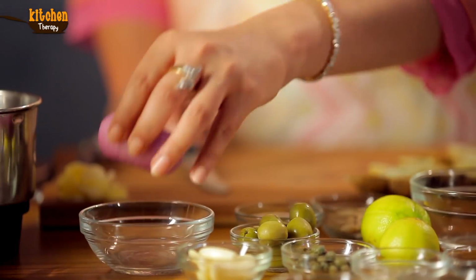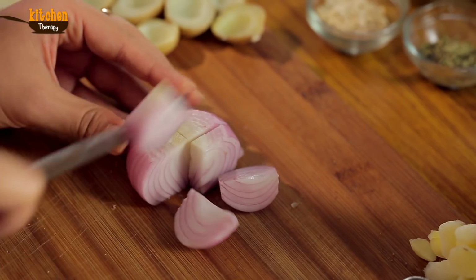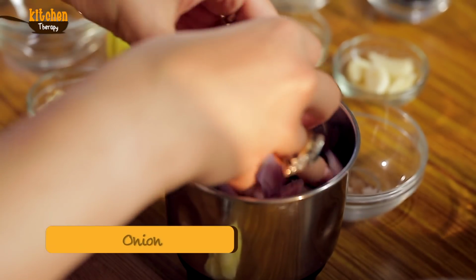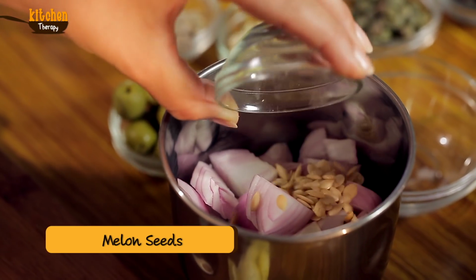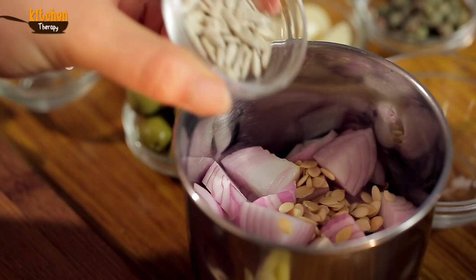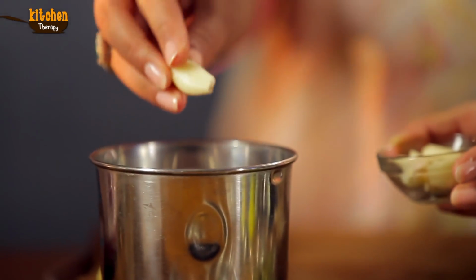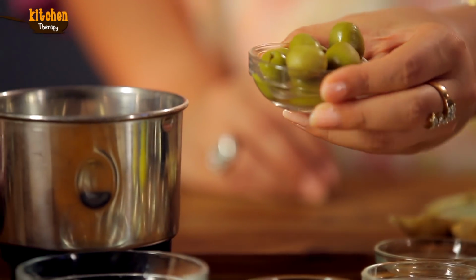I'm going to chop my onion. Just do it roughly. I'm going to place it into my mixer. I'm going to add melon seeds, sunflower seeds. I'm going to add 2 garlic cloves, a handful of olives,